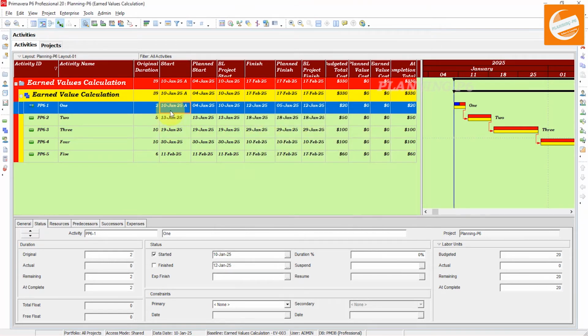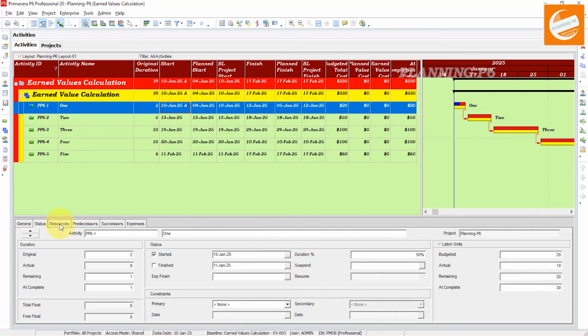Okay, you can see here our start date is 10th January, and we maintained the baseline start as the 10th January. Moving forward, our planned start will remain the same, and the budget total cost is 0, and planned and earned value cost are equal. There is no difference because our planned and earned are equal, because if we update here